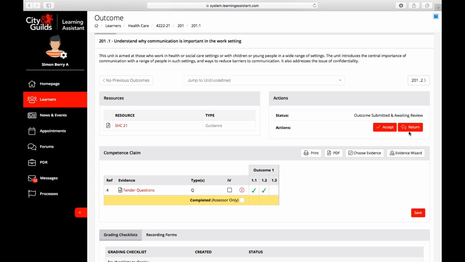These 2 buttons are a bit ambiguous. They refer to the actual whole outcome. So I would only ever click accept when everything is met; otherwise, I would click return. What return will do will open up